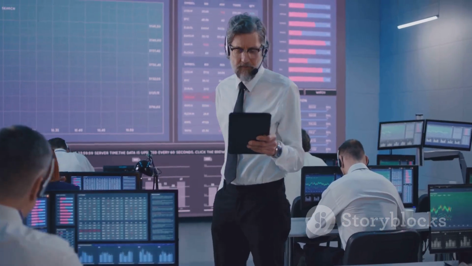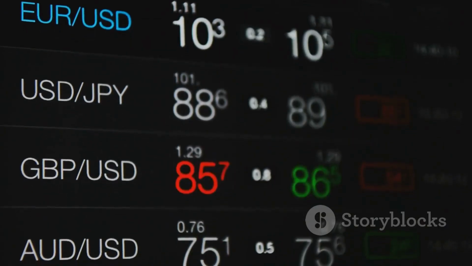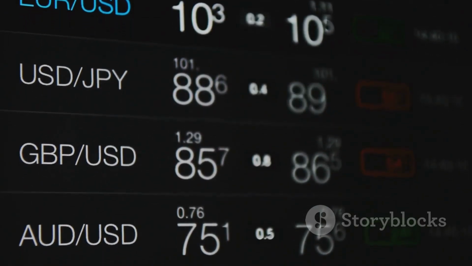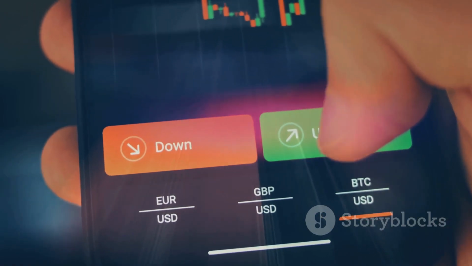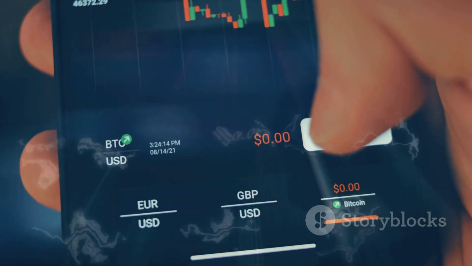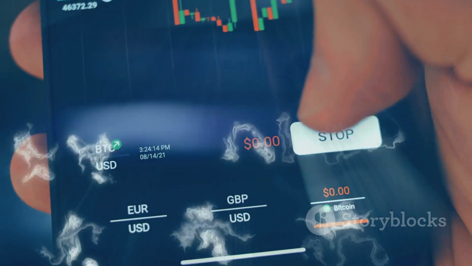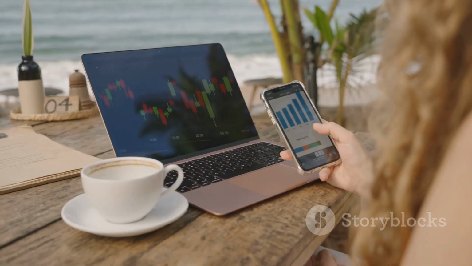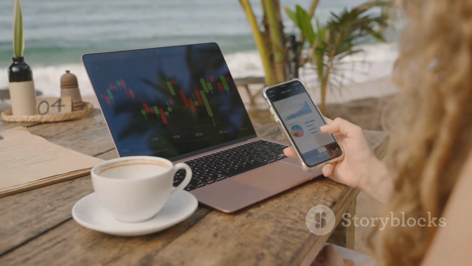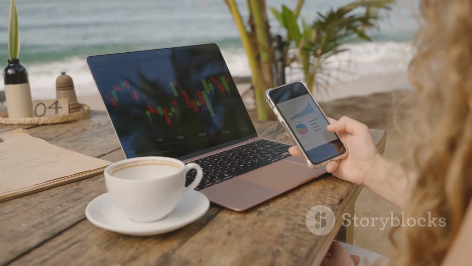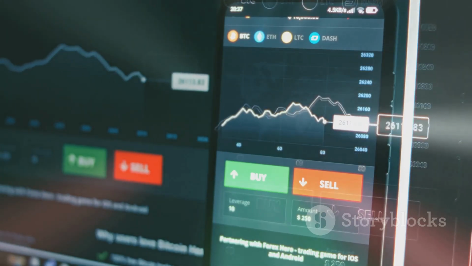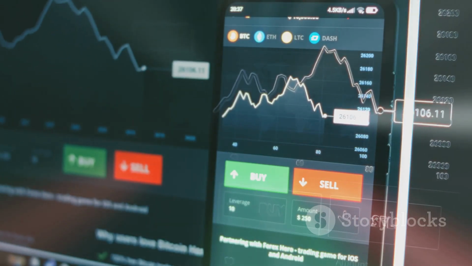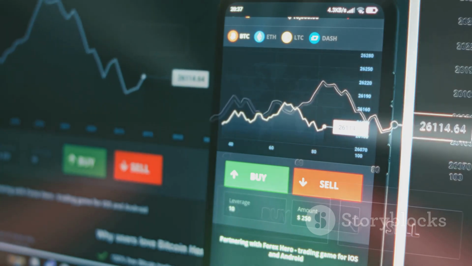But why trade currencies? Well, the value of currencies fluctuates against each other every second. These fluctuations, even if small, offer opportunities for traders to buy a currency at a lower price and sell it at a higher price, making a profit. Think of it like buying a souvenir on vacation and selling it for a higher price back home. The potential to earn profits from these price differences is what attracts millions of traders to the Forex market.